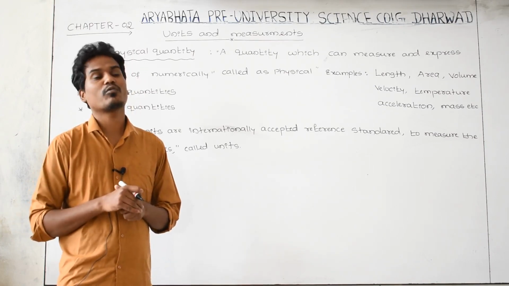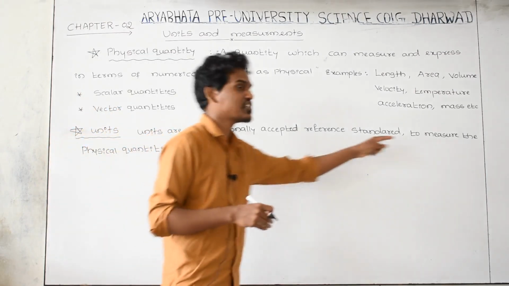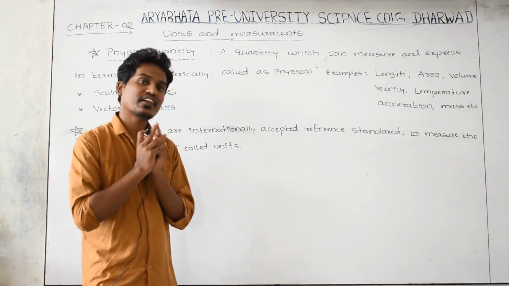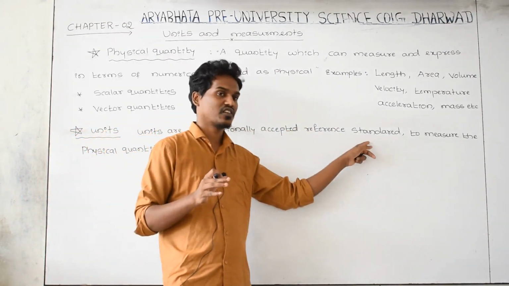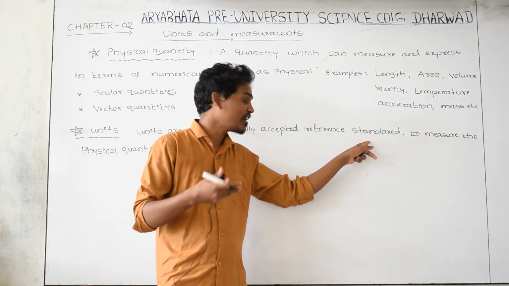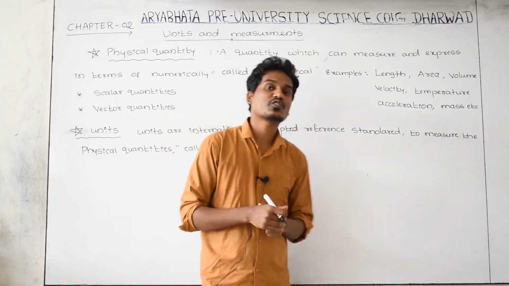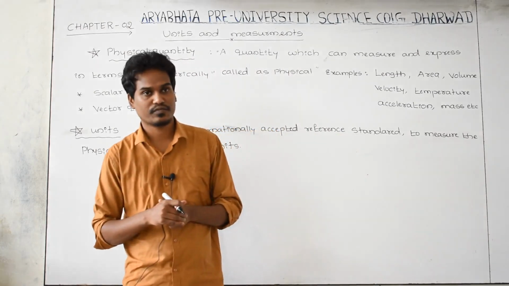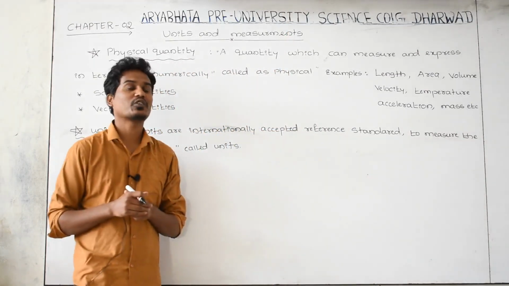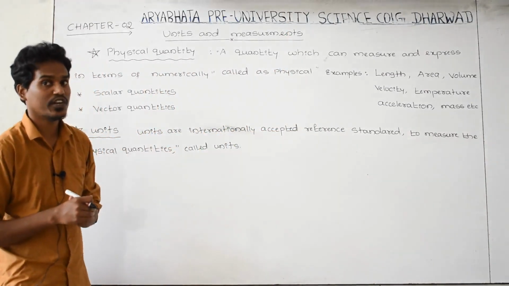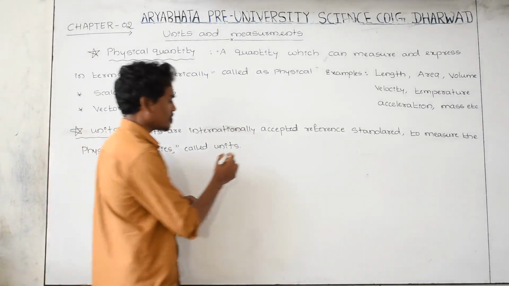We are going to use one of the systems as a standard, and that system is accepted all across the world. That is what you mean by internationally accepted reference. It is a system we are going to use as a reference. For what purpose? To measure any physical quantities. Those references that we use for the measurement of physical quantities, we are going to call them units. For example,